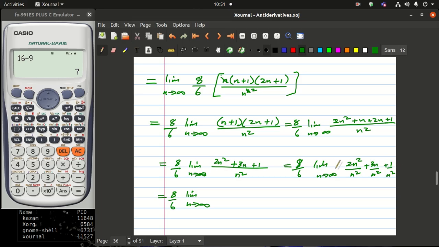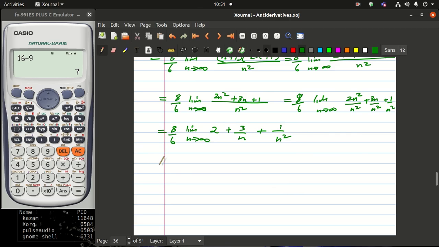So this and that is one and the same thing. And of course, this n squared and this n squared will cancel out. And then you have a plus here. Here you will end up having 3 divided by n, and then here you will end up getting 1 over n squared, still fine. And then of course this is going to be 8 over 6, and then inside here,